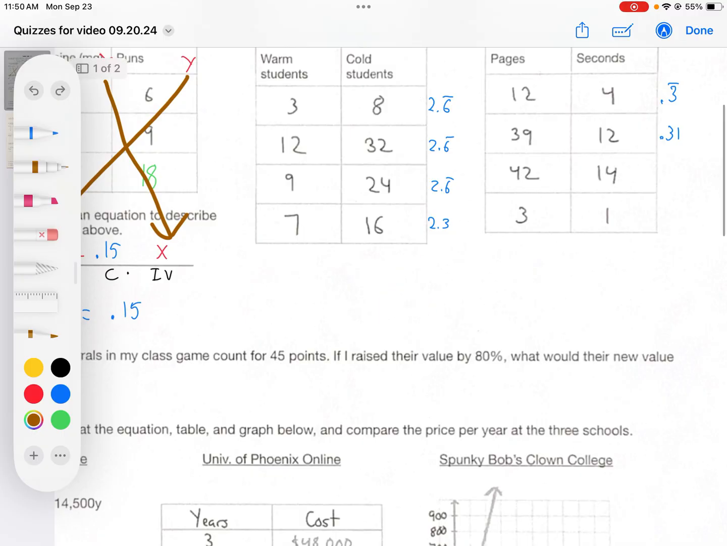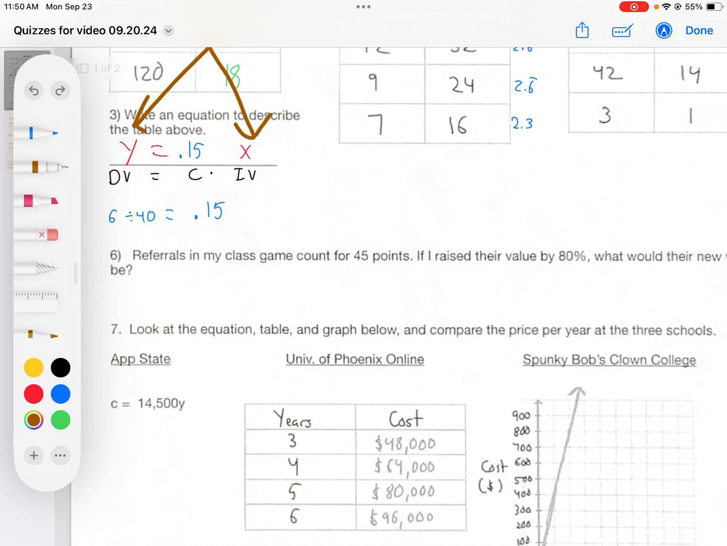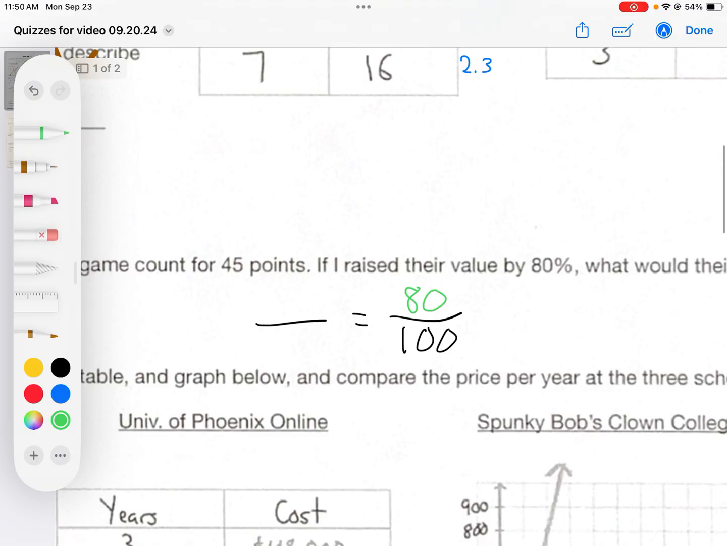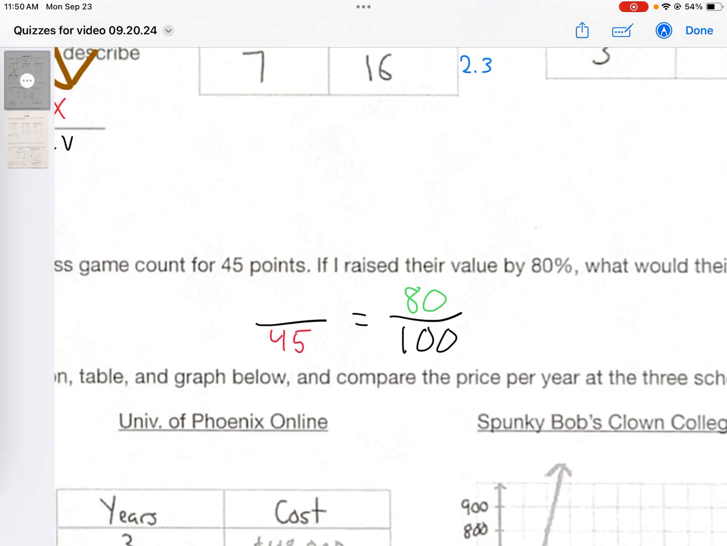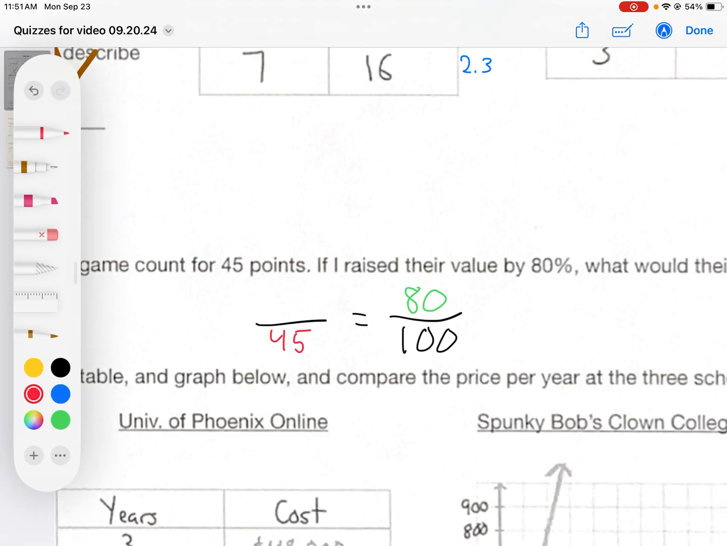The other side of your practice quiz, number 6, referrals in my class game count for 45 points. If I raise their value by 80%, what would their new value be? Now, some of you got this far. You set up a proportion. Most of you who did this, remember to put 80 above that. Remember that your original value goes in the up spot. You're finding that 80% of 45. Sometimes it helps to say things. And if this is your variable and you go through and use the fish method,